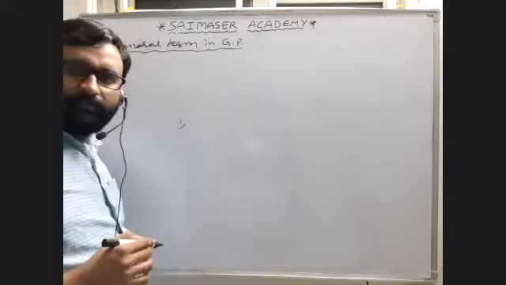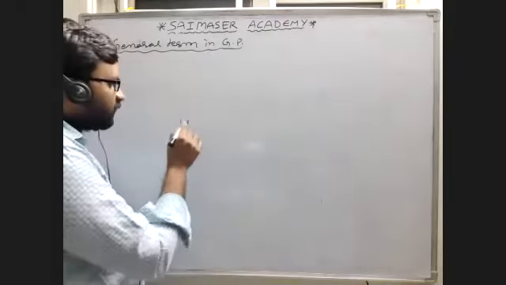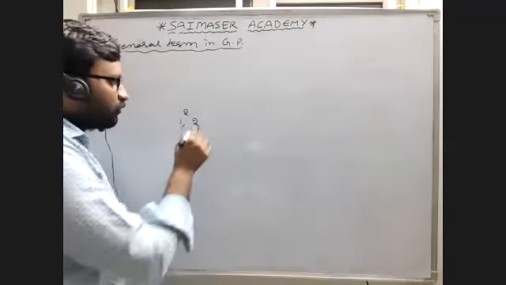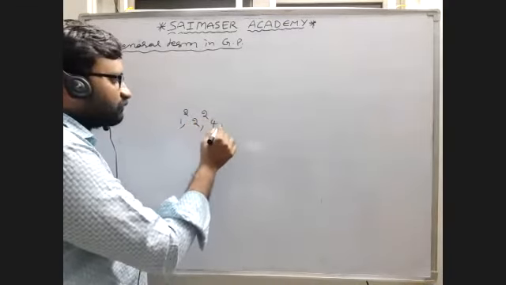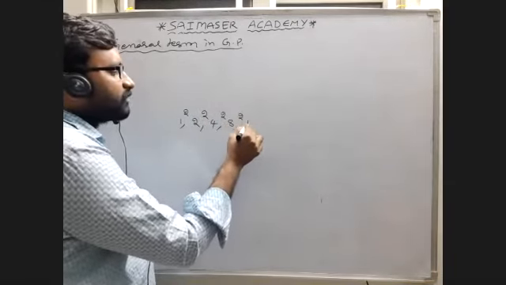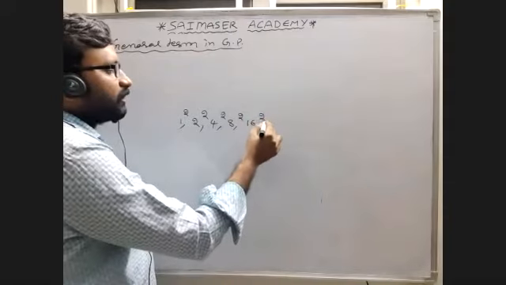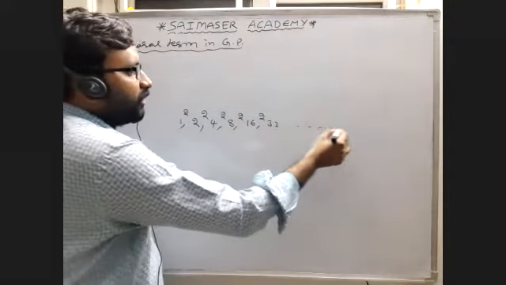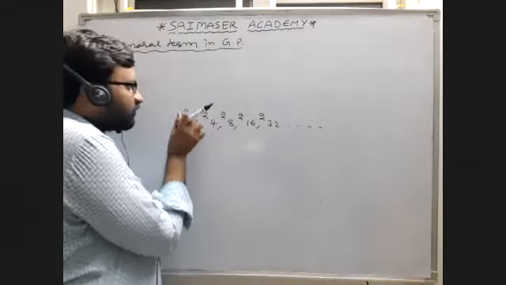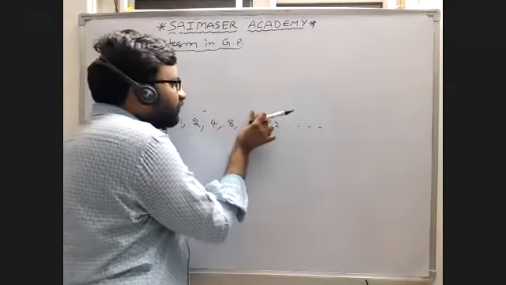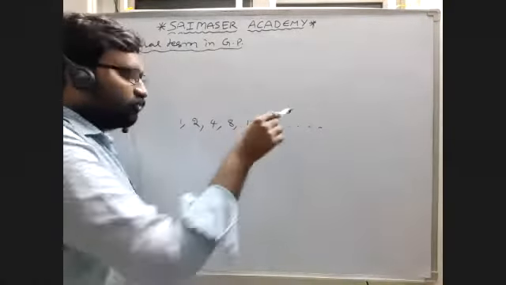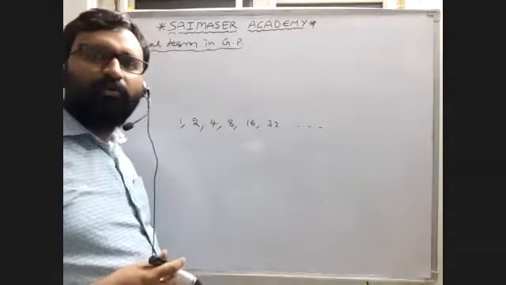Before that, I will tell you one more thing. Suppose the first term is 1, 1 2 ja 2, 2 2 ja 4, 4 2 ja 8, 8 2 ja 16, 16 2 ja 32. So on we can do like this. What I am writing here is the common ratio. Suppose if I do not give it to you, the question will appear like this only. 2 to 2 will not appear, but I am giving my own example.